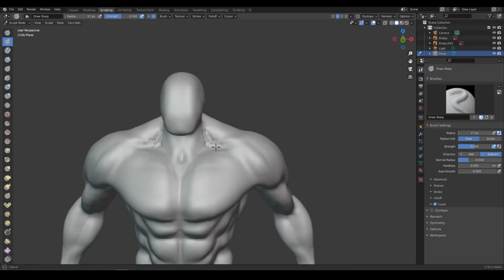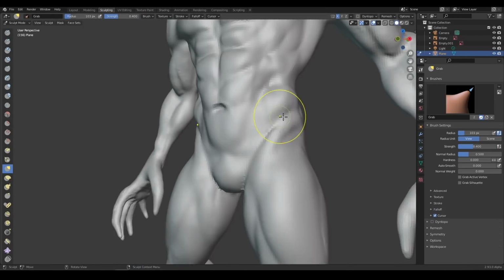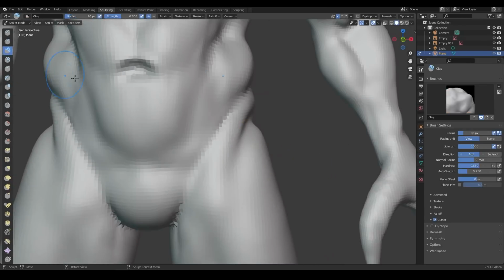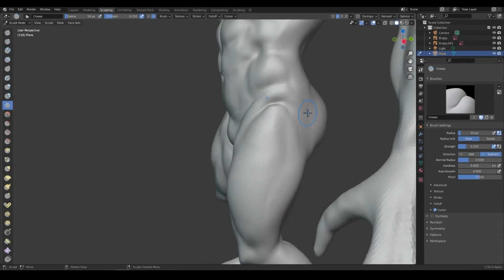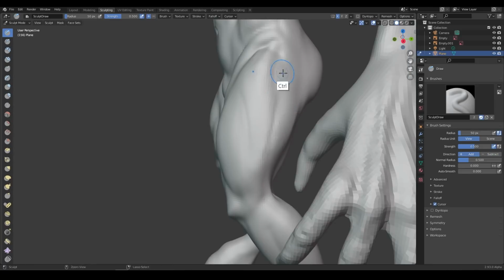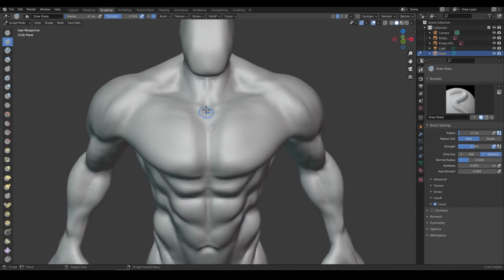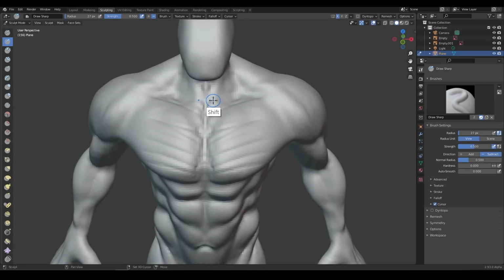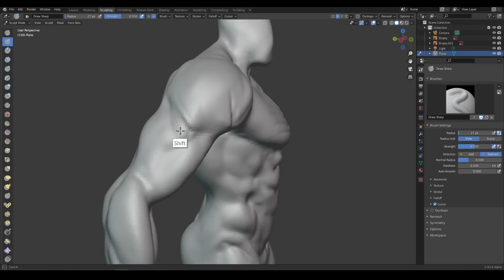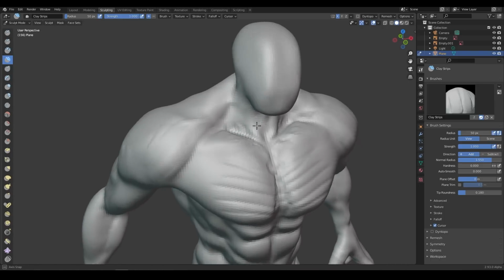You'll be able to go to a much higher resolution, as you can see that I'm doing here. I think I'll put the stats up in a moment to show you how far it's gone. The workflow I'm doing, obviously I've done the skin modifier and then the remesh, and I'm just constantly remeshing. Every time I need a bit more detail, I'll just remesh a little bit higher. Once I get to a certain point, I'll retopologize, and I'm using a new tool, the Quad Remesher, which is